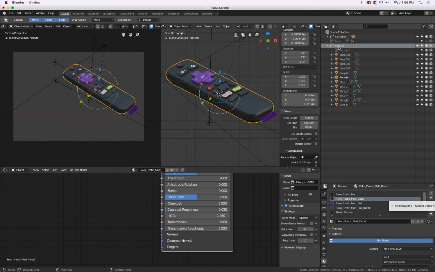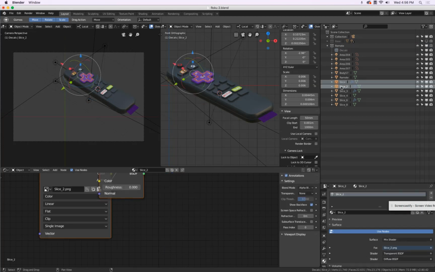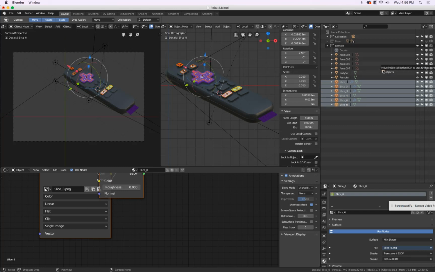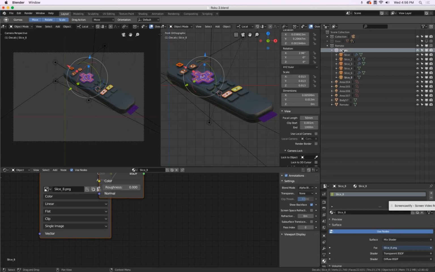So right mouse button click. Inside Remote, we can call this Decals, and then shift-click to select those images, and we drag them into the Decals collection, and we turn this off so we don't see it. Because I want to see this inside your Blender file that you did it,